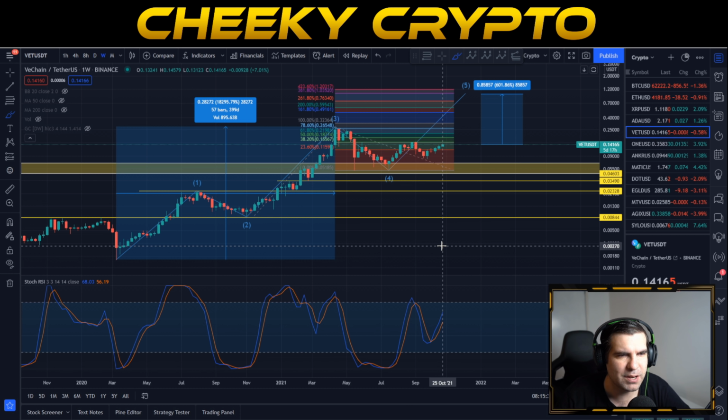Use the weekly chart to make sure that we're on track, and try to avoid going down into those smaller time frames like the hourly, the 15-minute charts, because you're going to see so much noise. You're going to basically just miss out the bigger picture on what is actually going on when it comes to